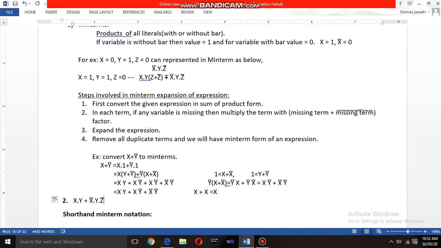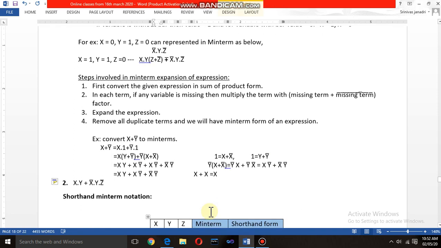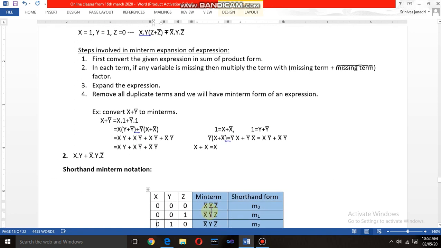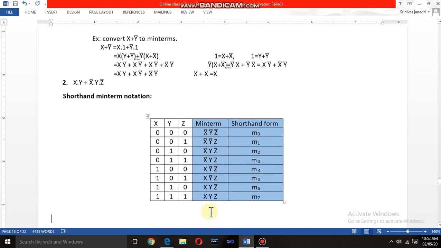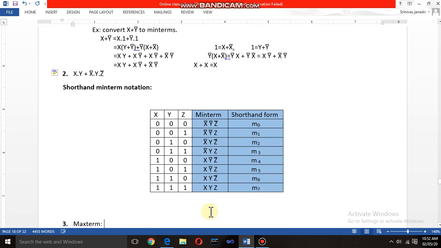Just do it and send it to me through WhatsApp. Everyone has to solve. If you are having any doubts, you can ask. If you try, you can come to know whether you are understanding or not. Without trying you can't get these problems, and these are very important for the final